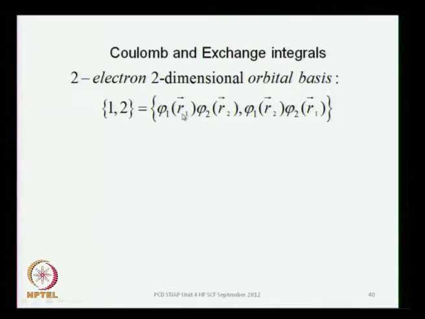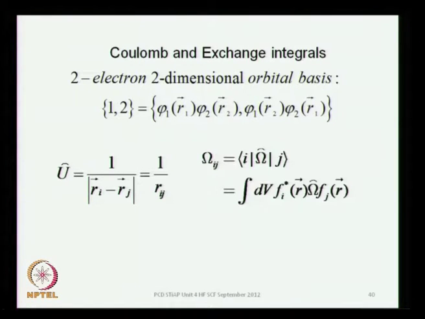This is the first function, this is the second function, and this is the interaction you are looking at. This is the Coulomb interaction, 1 over rij, and you can look for a matrix representation of the Coulomb interaction in this basis set,